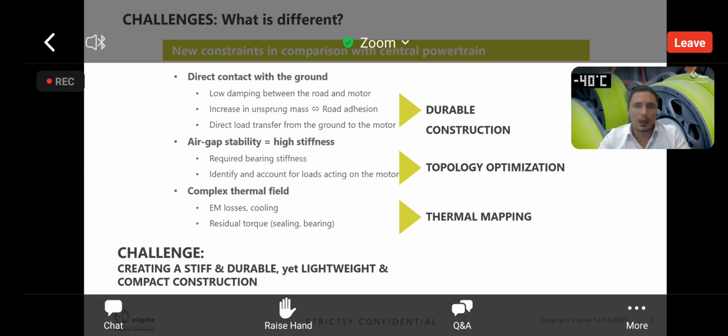So what is different? Basically, with the motors being in more direct contact with the ground, we of course need a durable construction, and there is an air gap as with any electric motor. So there is a requirement for high stiffness, which includes bearing stiffness as well as motor component stiffness, achieved by different topology and other optimizations of the motor components, as well as a good understanding of the bearing and setting the requirements on the bearing correctly,